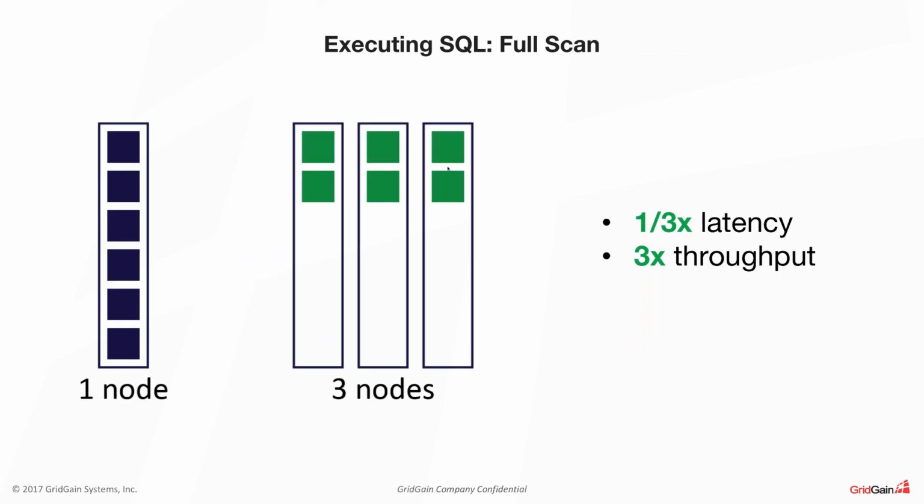Let's see the numbers. If we're using a classical relational database, all the data will be stored on a single machine, and whenever we run that query, it will do a full scan using all the resources of your machine, as shown on the left. However, now all the data is distributed across 3 machines, and the overall latency will be reduced 3 times, because now you can use the resources of 3 machines to complete this query. And you also get 3x throughput growth, because technically you can run many more queries in parallel,